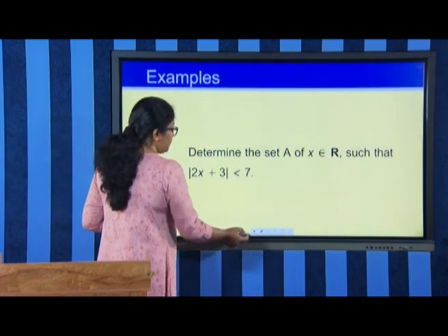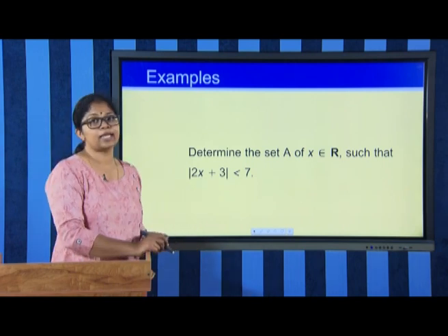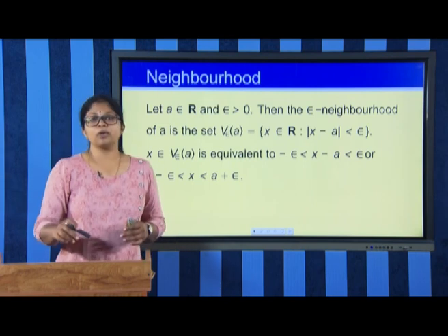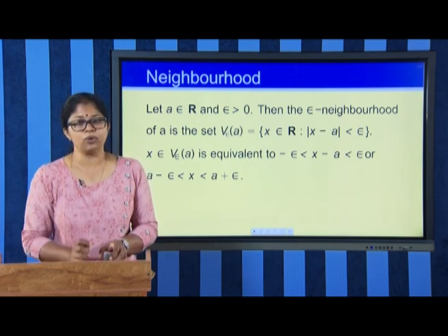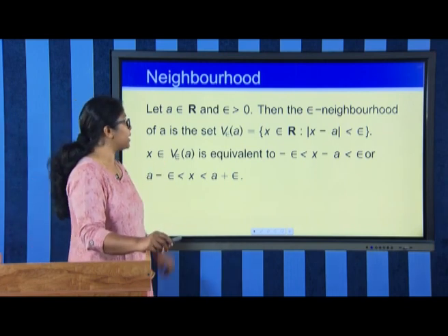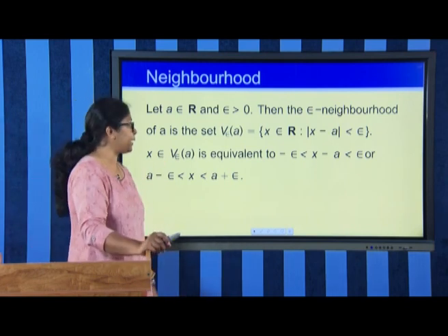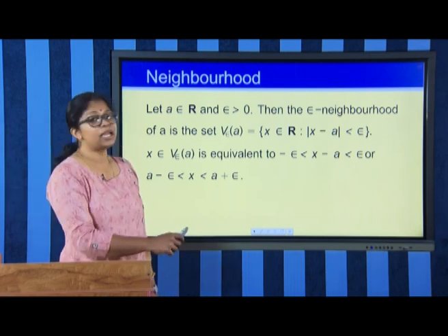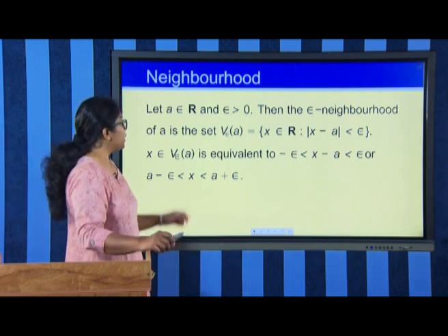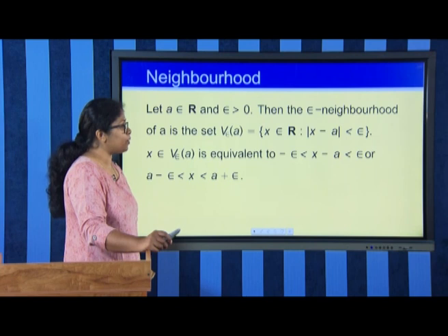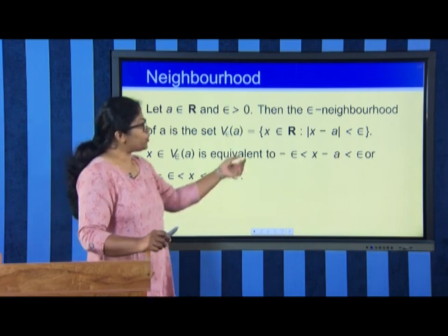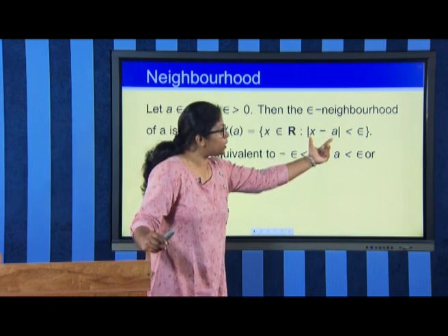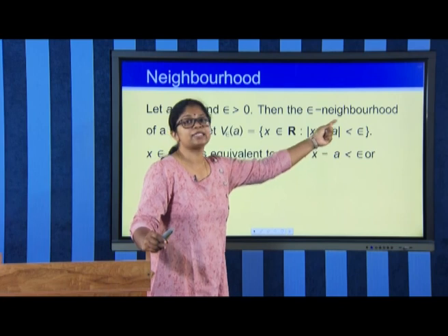So, that is how we can apply the theorem modulus of A less than or equal to C in solving problems. Now, we can move on to the definition of a neighborhood, or to be precise, an epsilon neighborhood of any real number A. If A is a real number and epsilon is some positive quantity, we can define a set V epsilon of A as the set of all those real numbers x having modulus of x minus A less than epsilon,